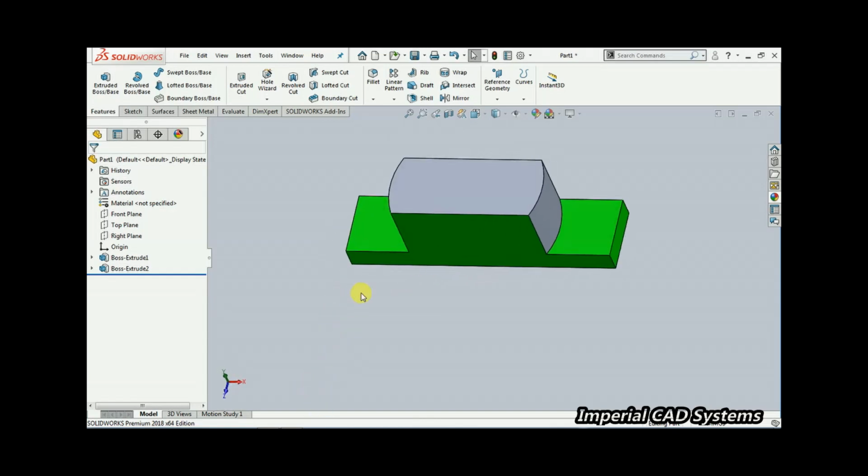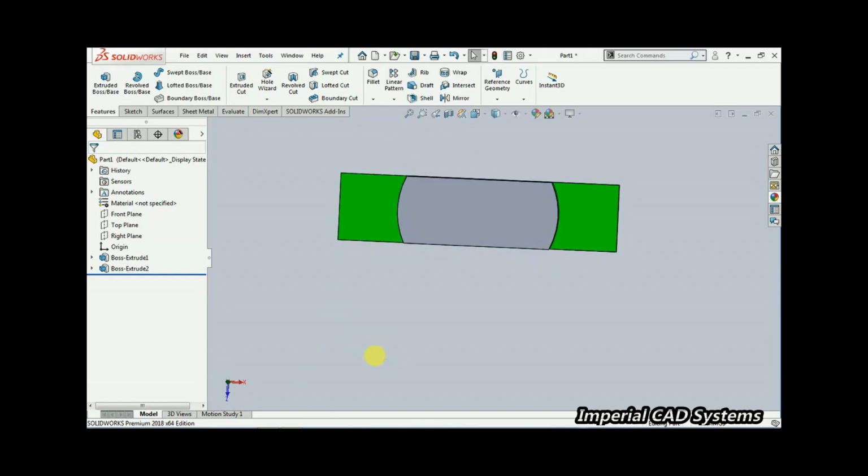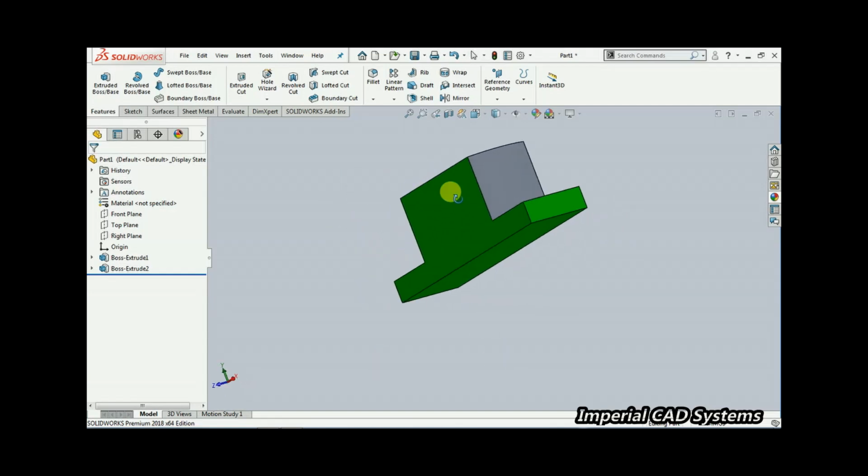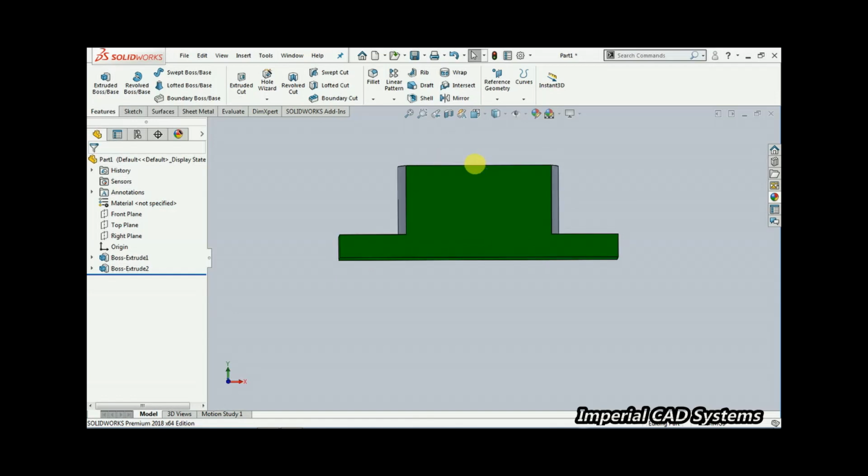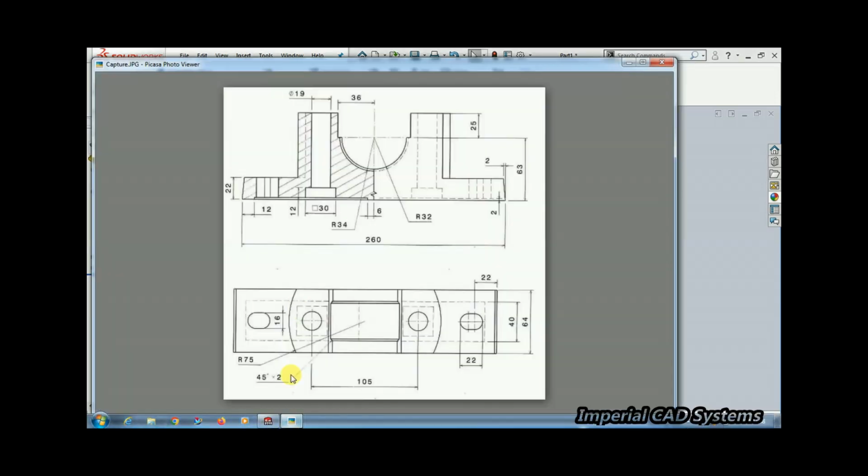Then see from the top view you can see here 75 radius edge, and the front view shows like this, same as in the drawing. Then here a cut, create this 36, it is shown from the center, it is 36,